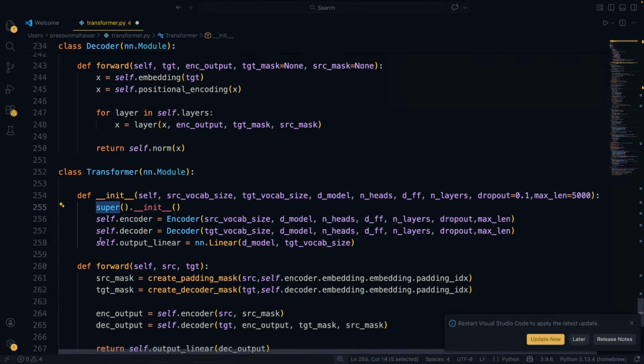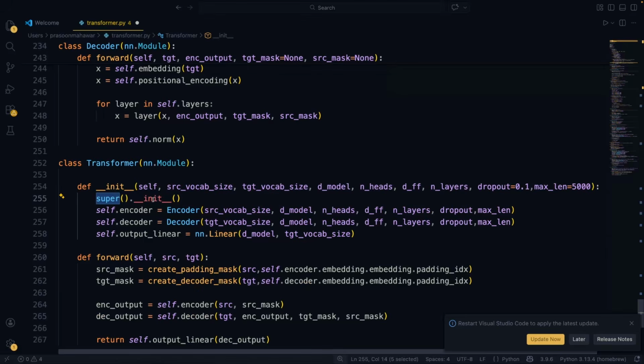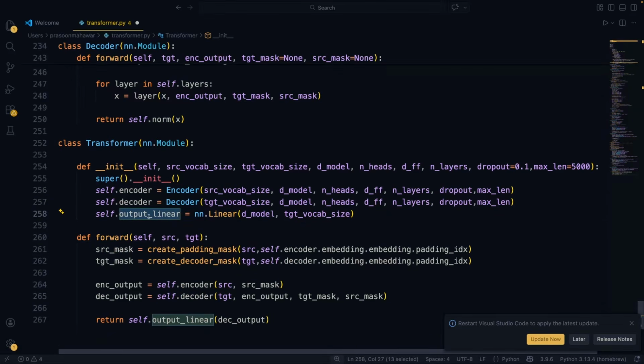We again call the constructor of the parent class, and we then instantiate the encoder and decoder classes, and finally the output linear